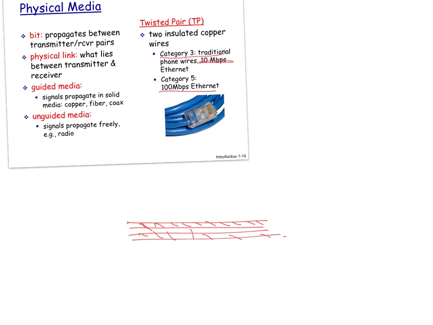Internal interference is interference from other wires in the same cable. External interference talks about interference that comes from the environment. So twisting addresses the internal interference, to control the internal interference. Why? Because